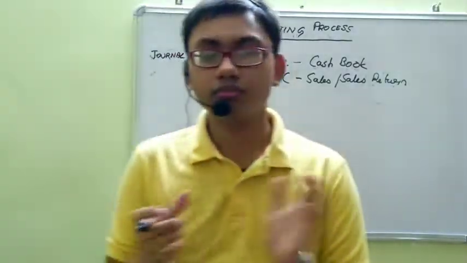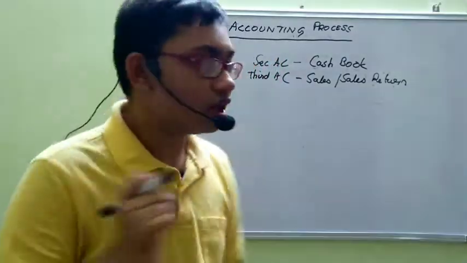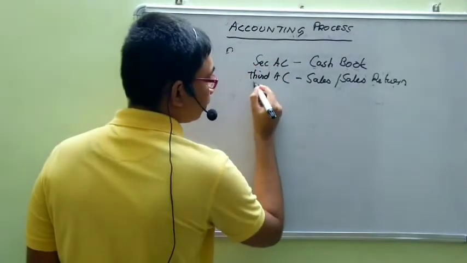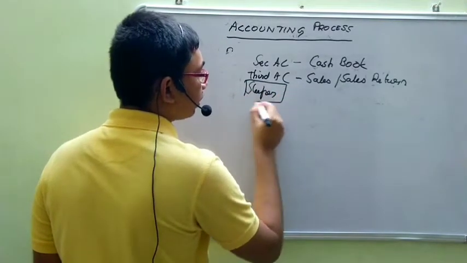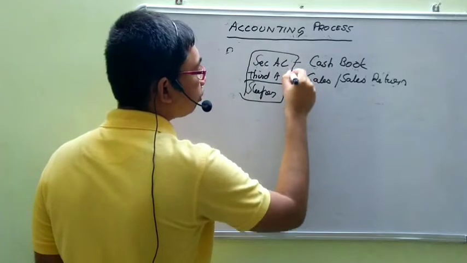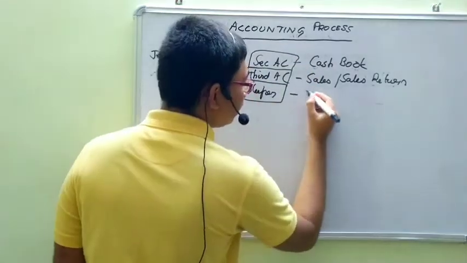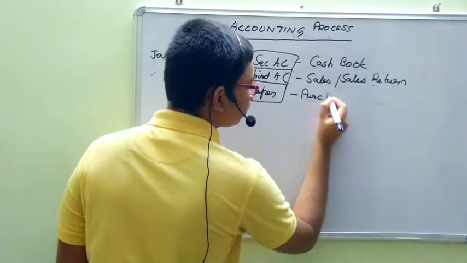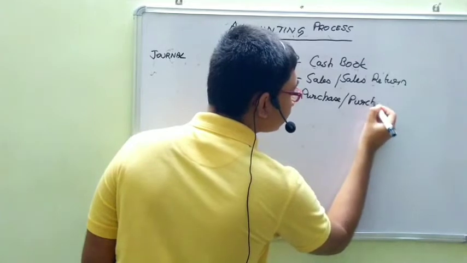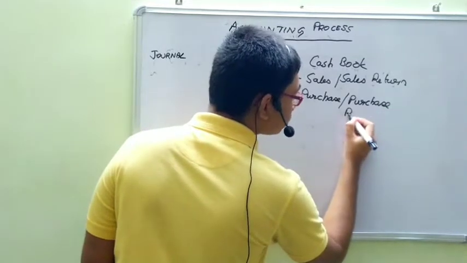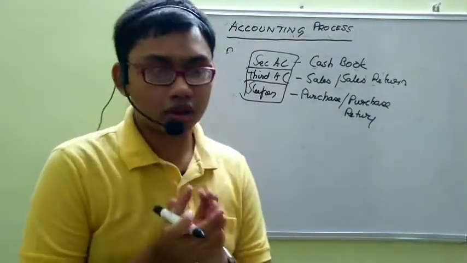Now, after sales returns comes another person. This person is a purchase. He is not a cash purchase, he is a credit purchase. And this person will be going to the sleeper, as the train is filling up; the first two classes are already full, and the third class. Now the sleeper is called the purchases book, and the purchase returns book. Similar to sales returns, we can also have purchase returns. When we are returning goods to our supplier, it will be recorded in the purchase returns book.